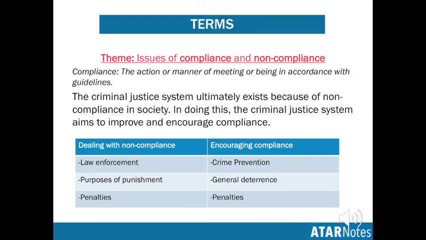It sounds great, compliance, non-compliance, they sound like great words. It's better than behaving, non-behaving and so forth. And you like to change it up throughout. So this is a great way to look at that. So for example, I've got this graph down the bottom here. Dealing with non-compliance, there are ways that the criminal justice system deals with this, like law enforcement. We wouldn't have police if everyone were complying in a beautiful state of anarchy. Not the case. And so we do have law enforcement there to deal with non-compliance.